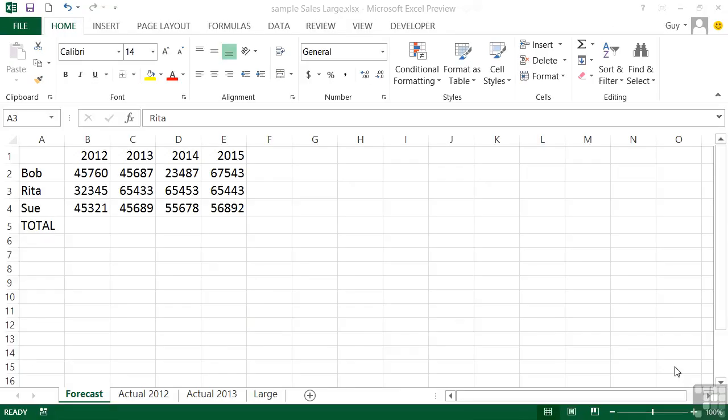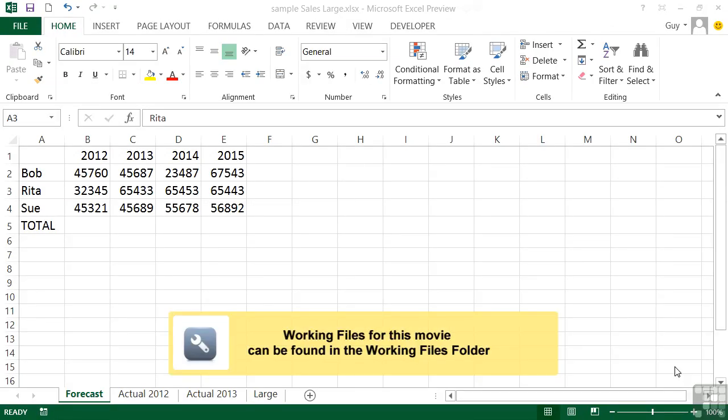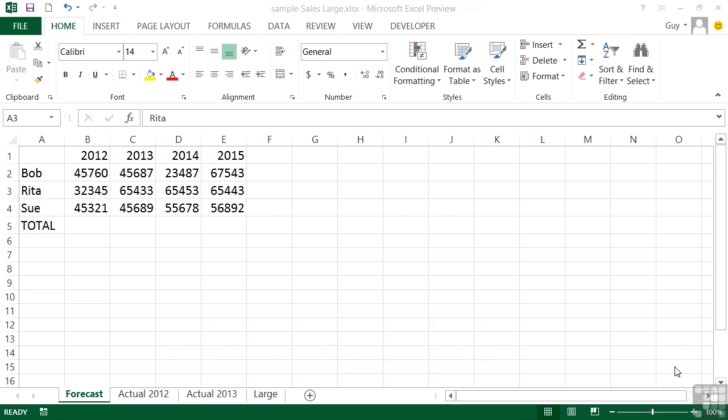Although we know that Excel is supplied as a massive sheet of rows and columns, those rows and columns have all been given the same width and height. We can adjust those column widths, adjust those row heights, so that they fit and display the data that we're after so much more easily. Let's take the sample file sample sales large that will require us to do some column width and row height